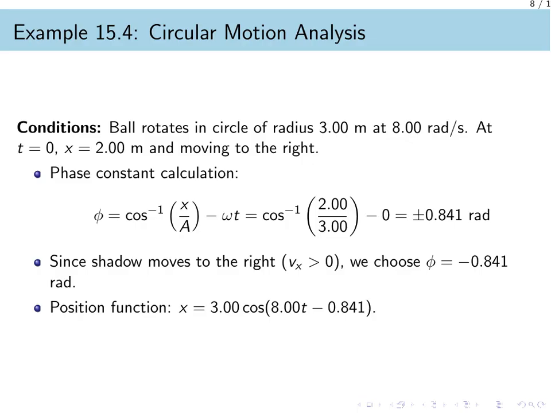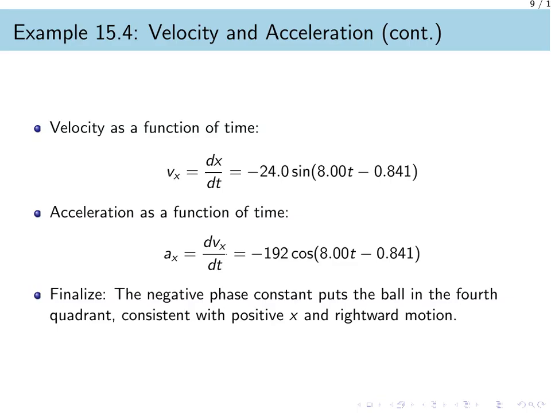Continuing with our example, we can now determine the velocity and acceleration of the shadow. By taking the derivative of our position function with respect to time, we find the velocity. This results in negative 24.0 times the sine of the quantity 8.00 times t minus 0.841. To find the acceleration, we take the derivative of the velocity, giving us negative 192 times the cosine of the